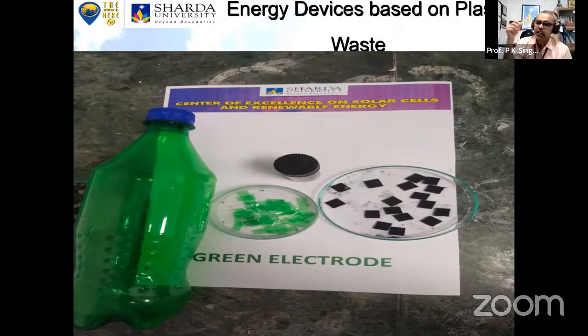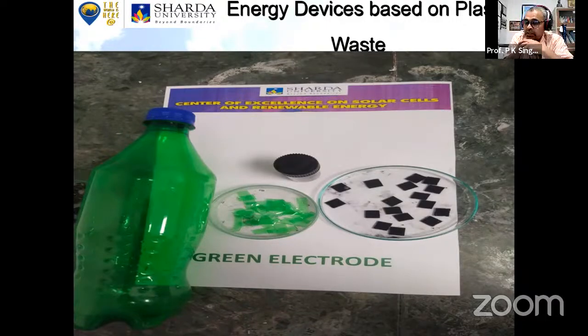After the pandemic, we collected these bottles within the Sarda boundary. We processed them to make graphene oxide, and then we tried to use this graphene oxide in a supercapacitor, the electrochemical double layer supercapacitor (EDLC), and